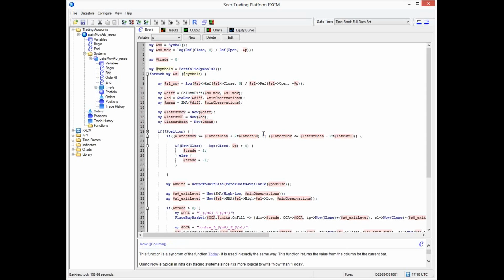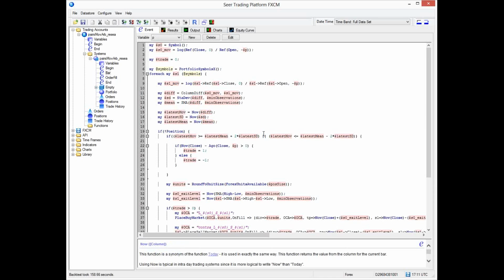Okay, so essentially what we've done is we've taken two instruments thus far. We've worked out their movements over a period of 24 hours. We have kind of this rolling window of 24 hours. We create a difference between those two instruments. We've got the standard deviation and the mean for those differences. Now what we're going to do is decide whether we're going to take a position or